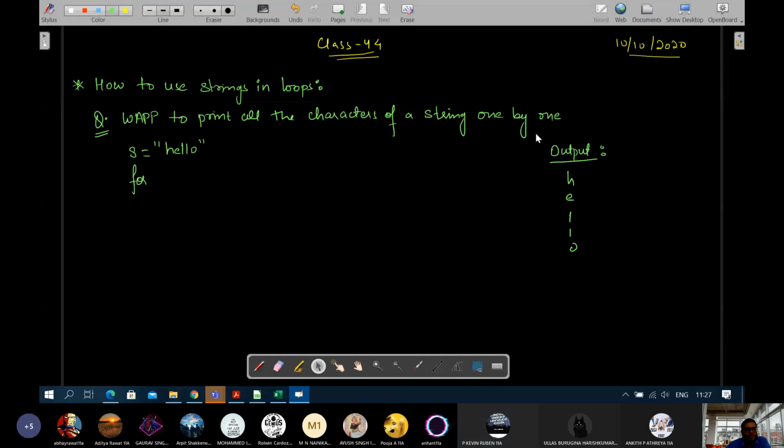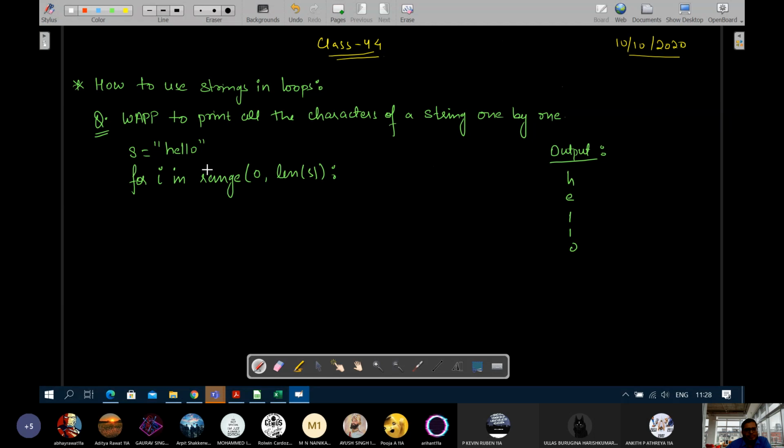Yes, sir. Right. for i in range 0 to len of s. So what will be the range of numbers generated by this, 0 to len of s?